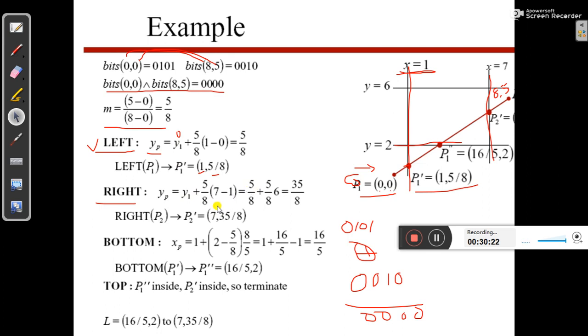Y1 will be what? 5 by 8, because we are taking left. P1 has been changed to p1 dash, because this part has been rejected for this equation. So at this stage y1 is 5 by 8, the slope is 5 by 8, and in that case, as we are taking the right border, that is 7, and minus 1 is what? That is x1. So to find that point,